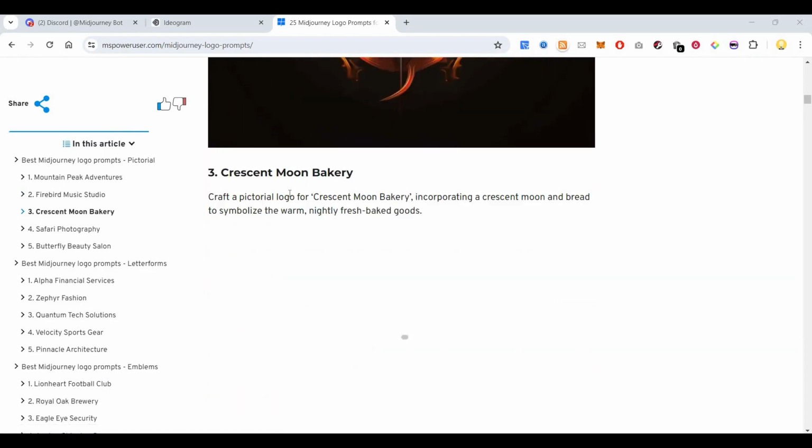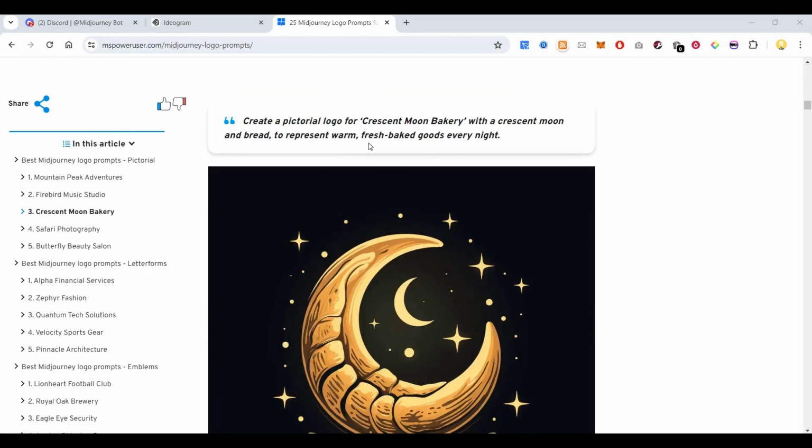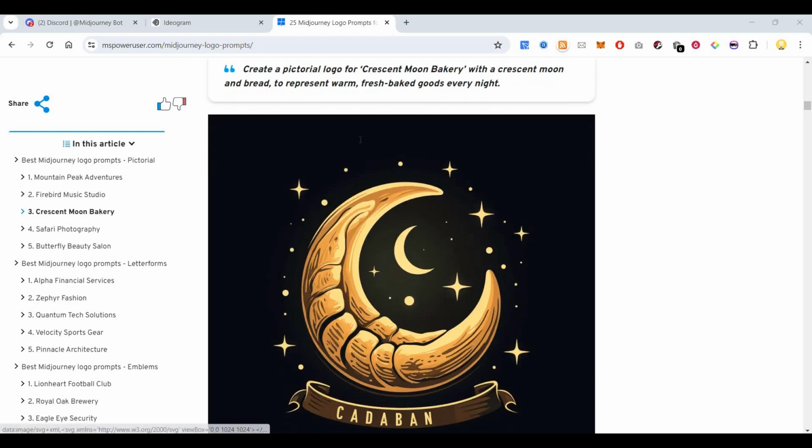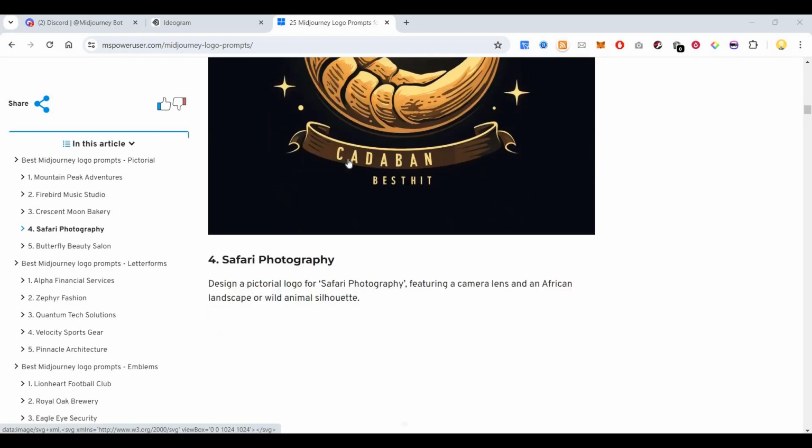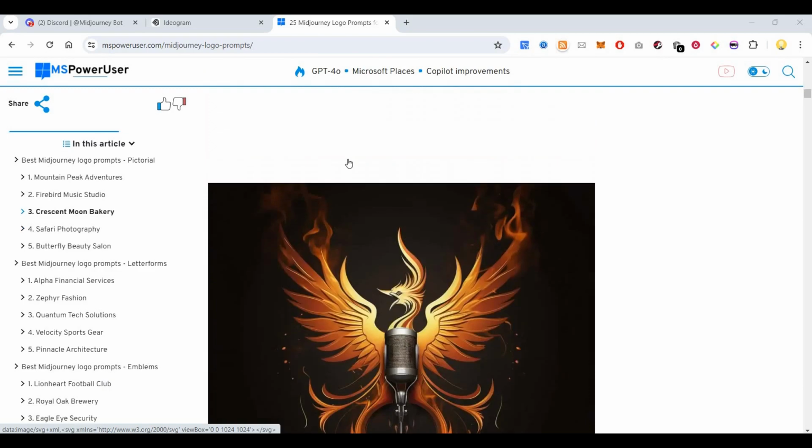Now you see Crescent Moon Bakery. So it's saying create a pictorial logo for Crescent Moon Bakery with a crescent moon and bread to represent warm, fresh baked goods every night. So this is in the shape of bread. Now if you see all these two